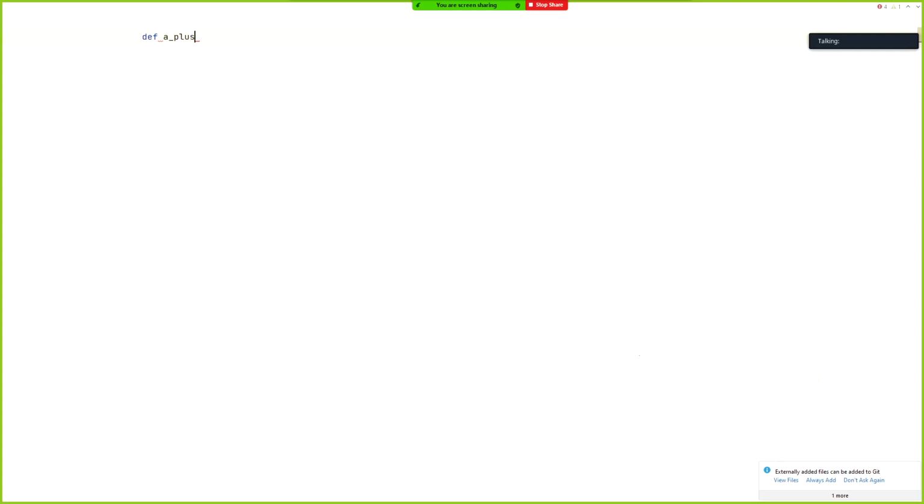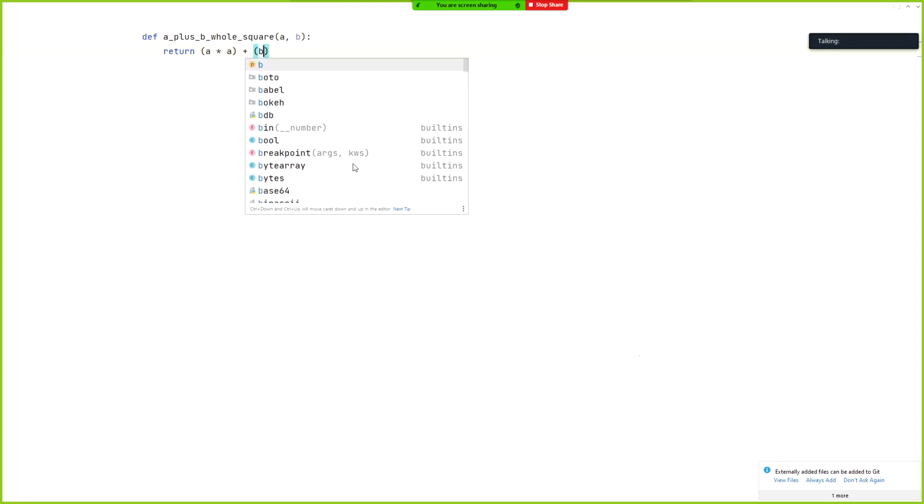So I will create a function, a plus b whole square. You can have a better name as well. Unfortunately, I couldn't think of anything, that's the reason I'm saying it like this. So what is the case? Normally you would say return a into a, which is a square, plus b square, plus 2ab, right? 2 into